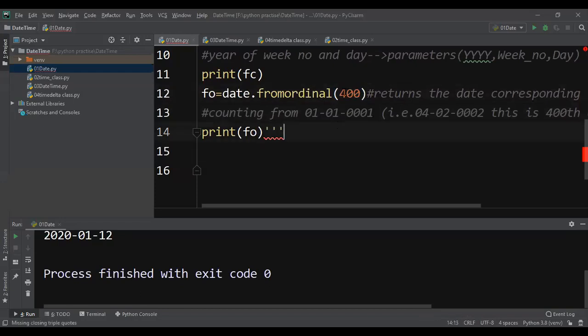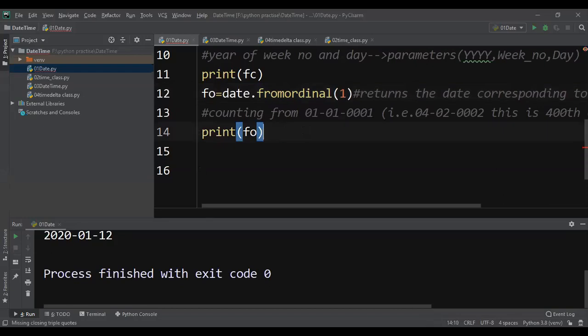So now if you mention here 1, right? So from 1 means this function will start counting the date from 01010001, right? So that means 1st January 0001, right? Now if I mention 1 here, so from that day, what will be the date?